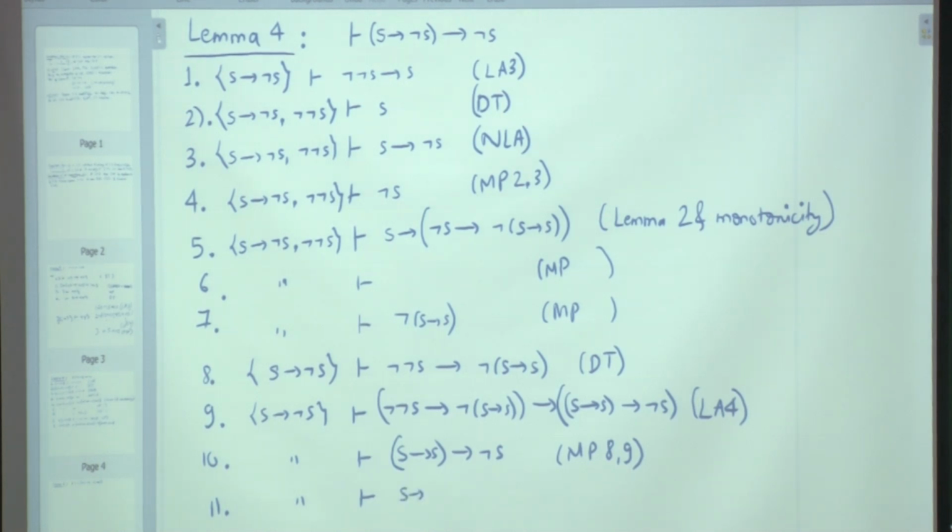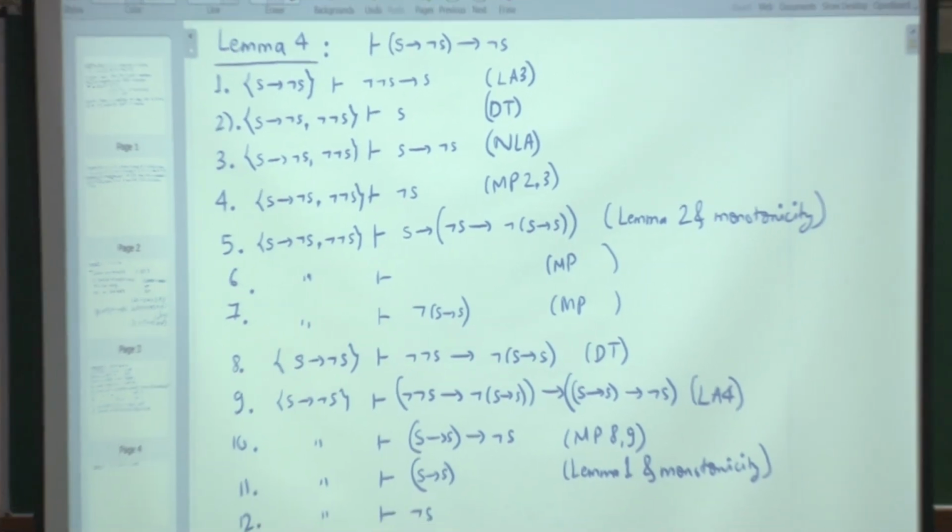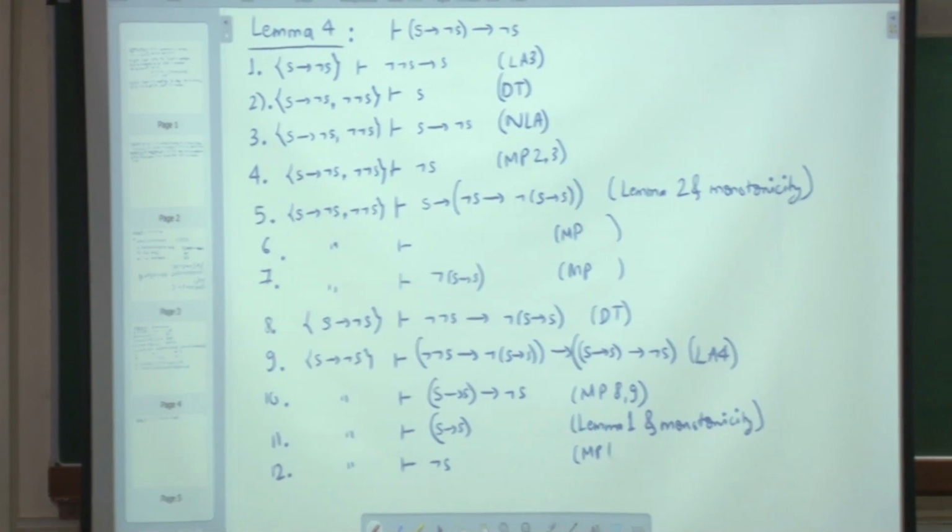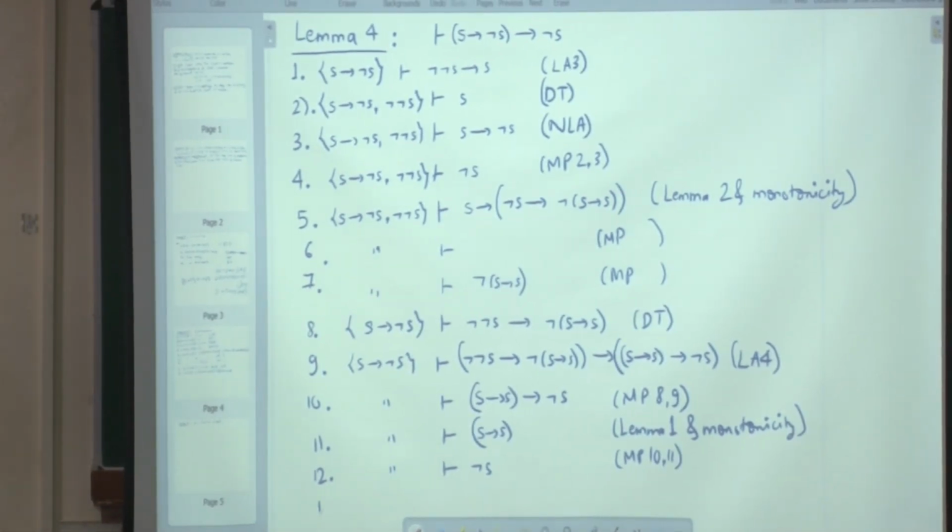Lemma 1. Lemma 1 and monotonicity, and then line number 12 will get negation S by MP 10, 11, and finally